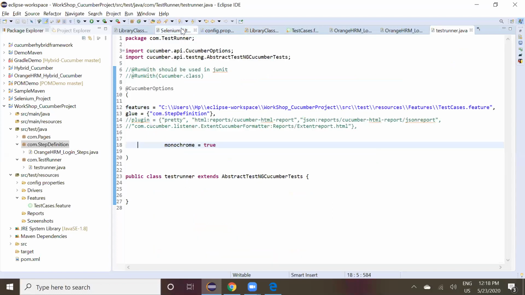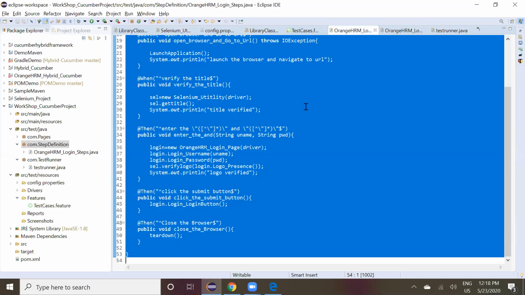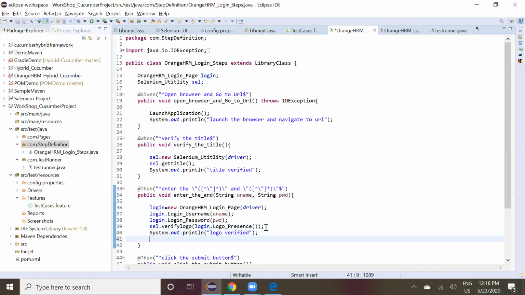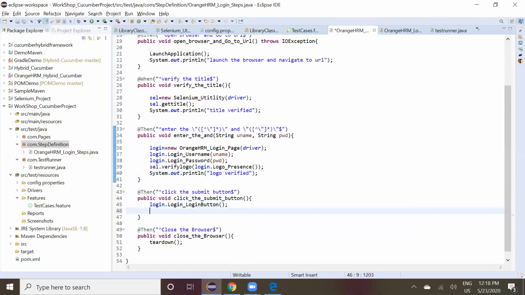First time it didn't log into the application. Second time it logged into the application. Go to the steps and give a Thread.sleep after clicking the submit button.